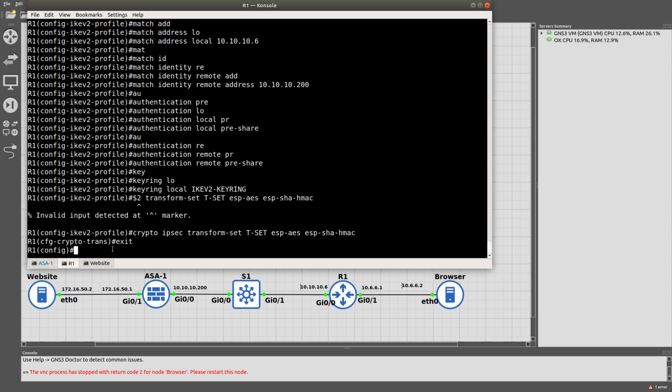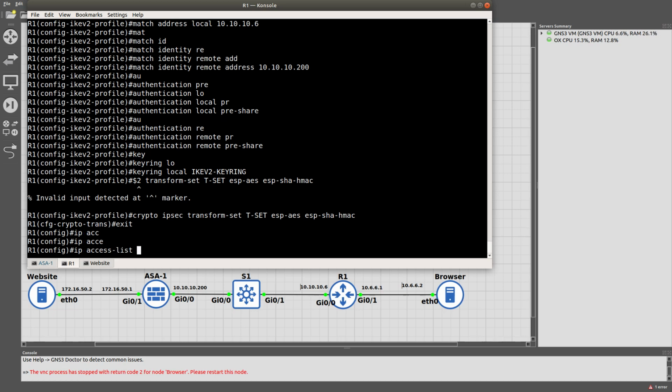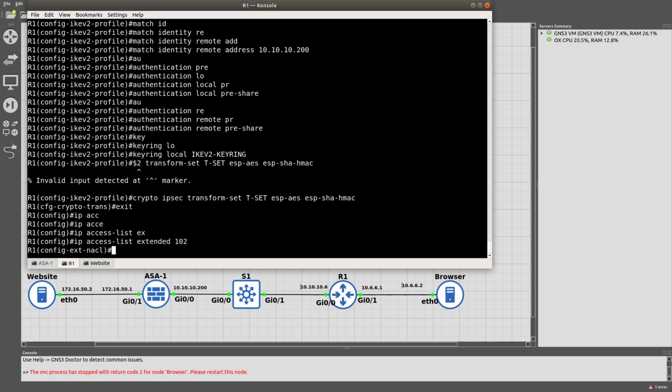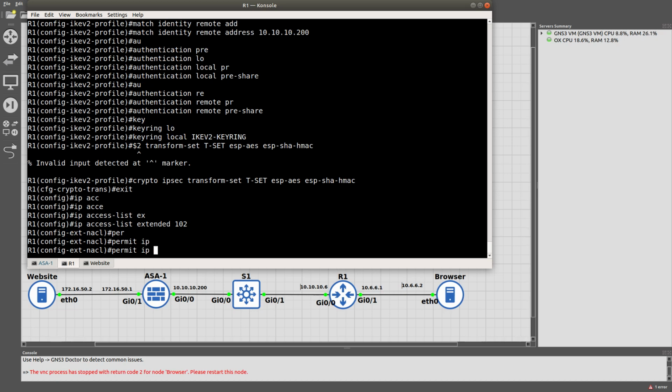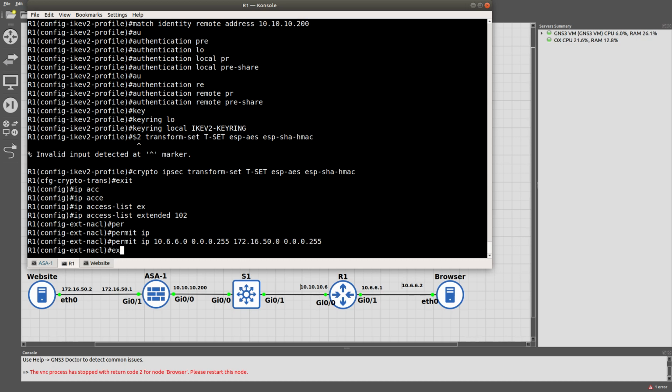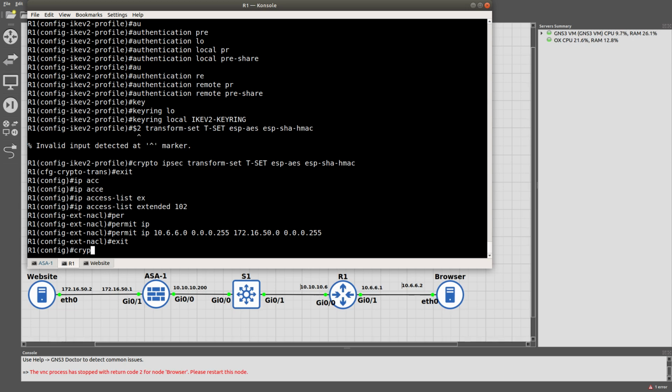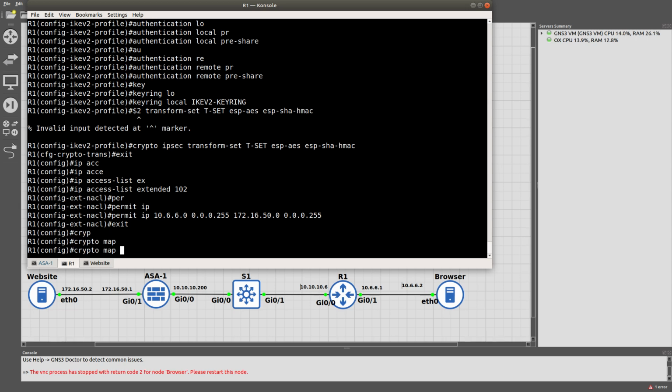after that is done, we need to go ahead and do another access list. So let's go ahead and do IP access list extended. Let's just call it 202. We want to permit IP coming from 6.6.6.0 0.0.0.255 to the destination of 172.16.50.0/24. We can go ahead and exit out of here, and then let's create another crypto map, and this one